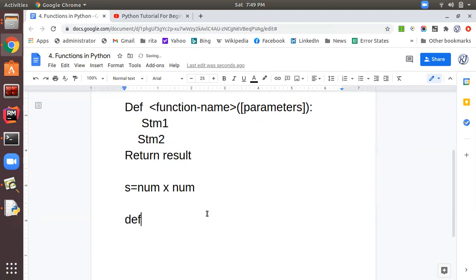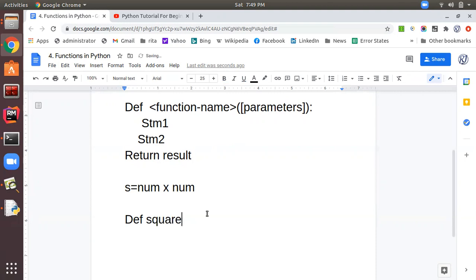First of all, I will write def, then let's give any function name. While giving a function name, we should make sure that there is no existing keyword with that function name. Let's give the name of the function multiply, or let me give square.